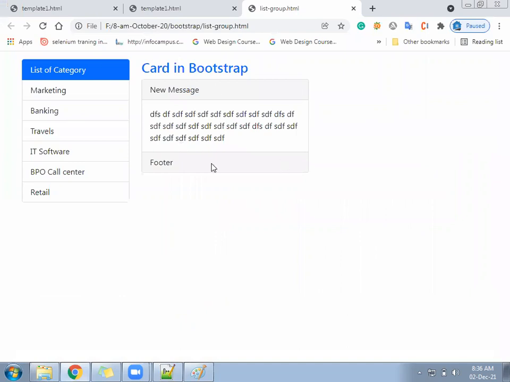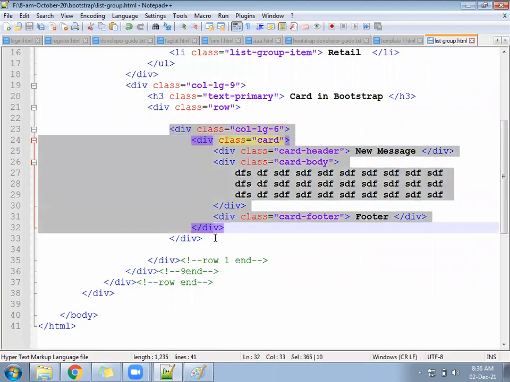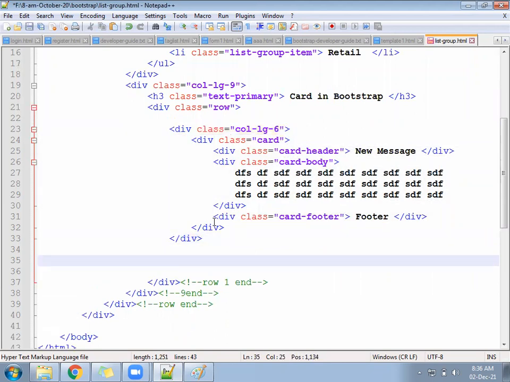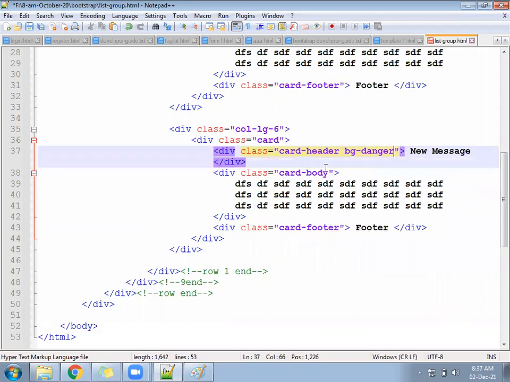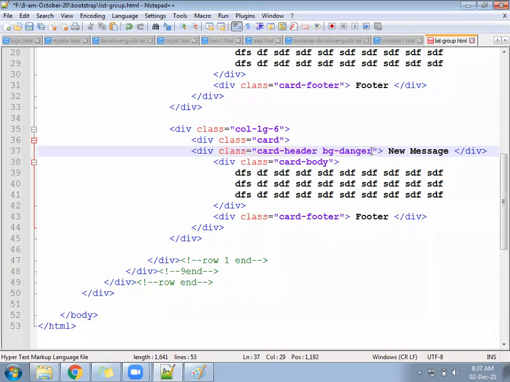It has multiple color combinations. We can write one here. The col-lg-6 you copy, just paste below. Card header is okay. You will write here bg-danger, a class for red color.